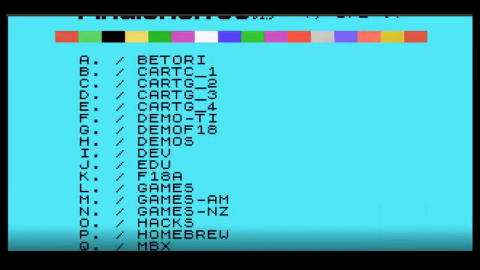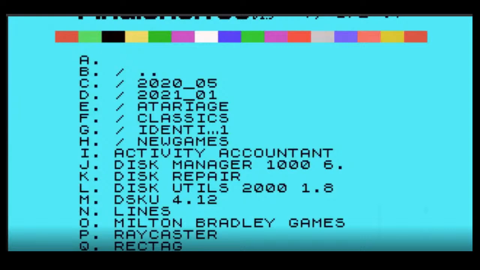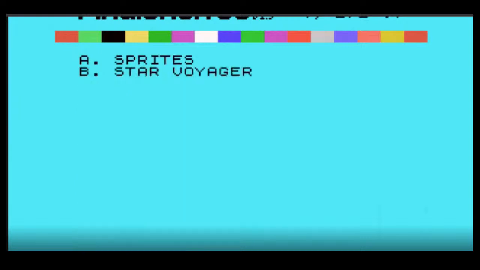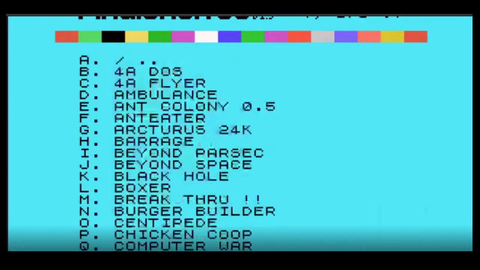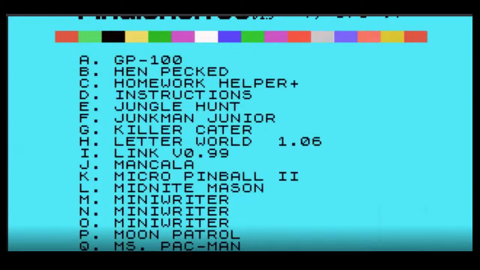No, for sure I thought I had a mini-mem cartridge here on the final GROM. Mini Writer, Midnight Mason.